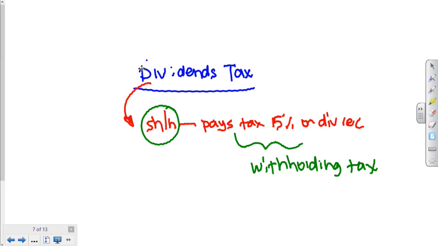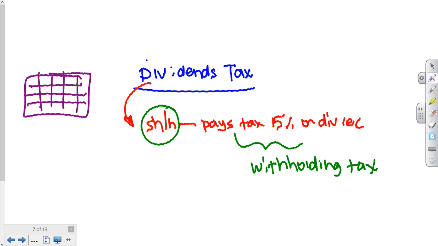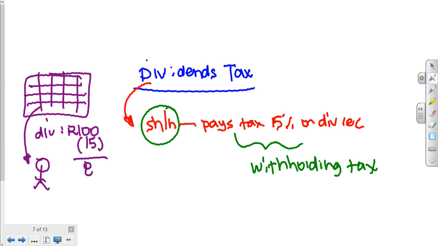So if we have a scenario where here's a company, and here's a shareholder, and the company pays a dividend to the shareholder of 100 Rand, what the company must actually do is take the 15 off, only pay the shareholder the 85, and pay the other 15 to SARS. So the journal entry is